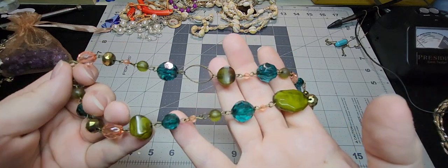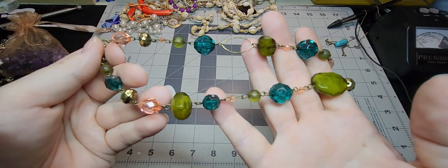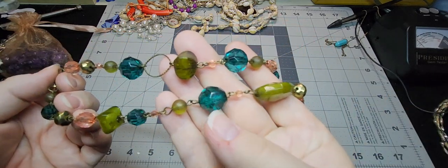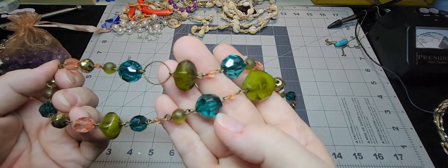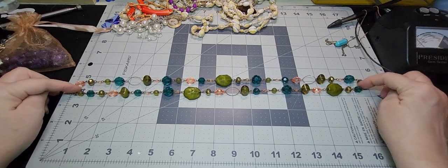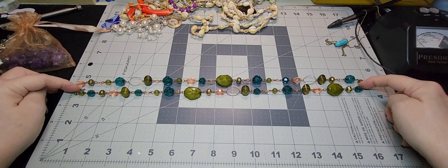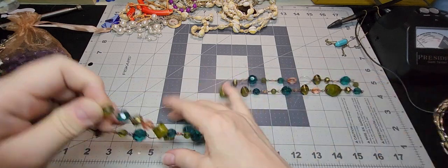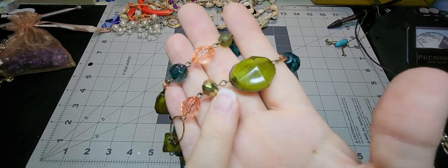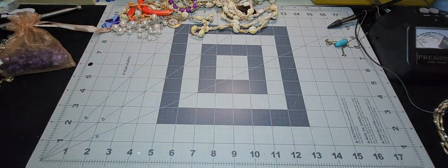Kind of a dark, almost mossy green, a pink color, the gold tone, and then there's these almost aqua blue. It is long enough to just put over the head, and it is 33 inches in length. Overall, the tone is not bad. Some of them are not as shiny as other ones, but it's just part of